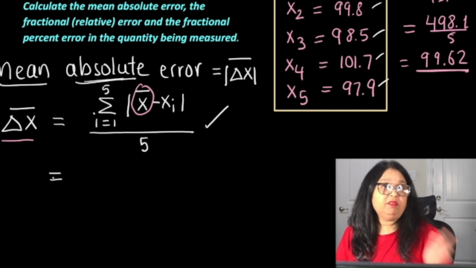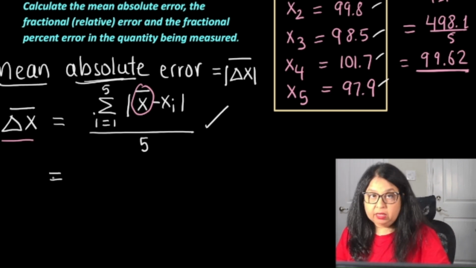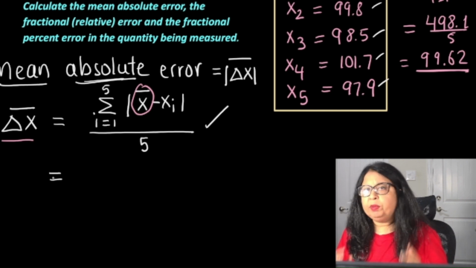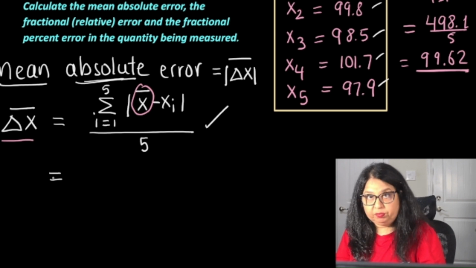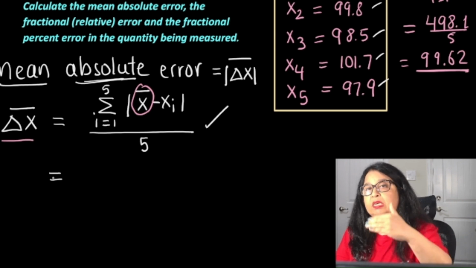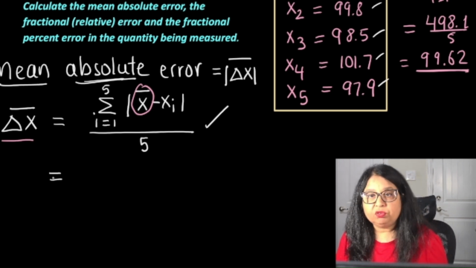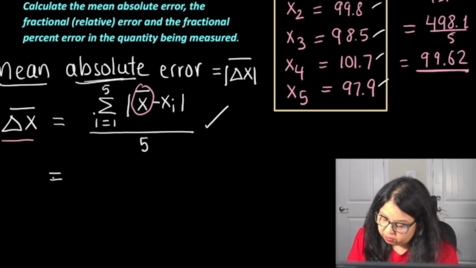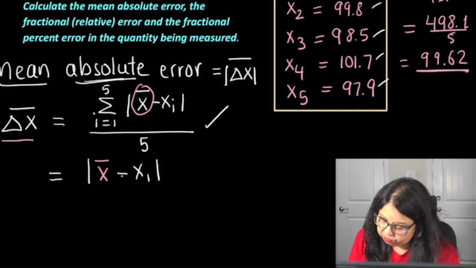I did this in the previous problem also, and I'm redoing it because you may not be very familiar with the expansion of these compact forms. I want you to see these things a few times so your brain can get used to it. We have the absolute value of x bar minus x1,